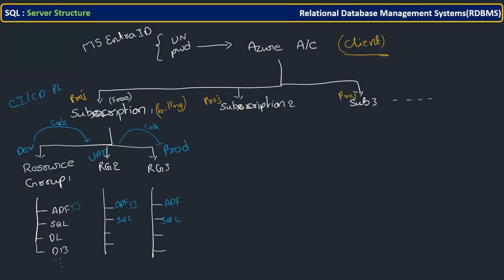CI/CD pipeline automation is going to be done. So this is not our task. The DevOps engineer is going to take care of this. In the starting of the project, by understanding our structure, he will create these CI/CD pipelines. We will use those CI/CD pipelines to move the code from one environment to another environment. So that is first of all.